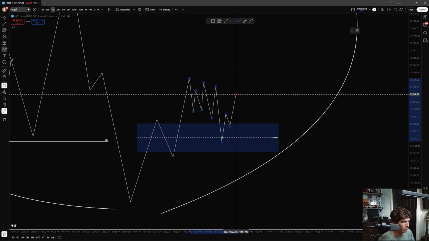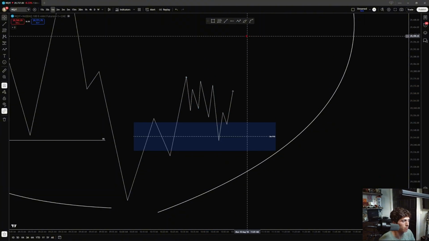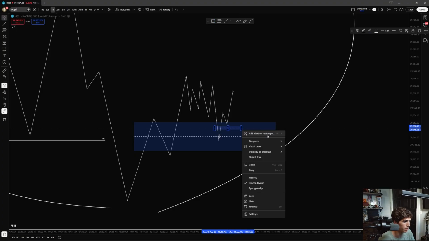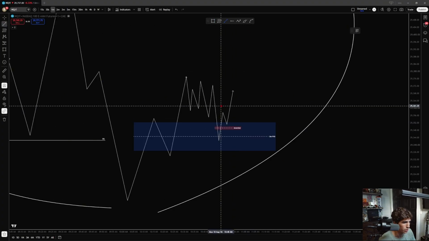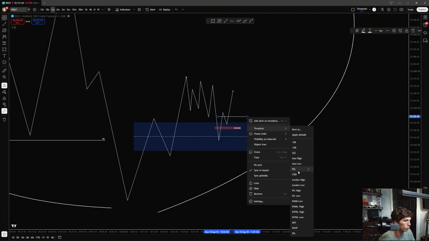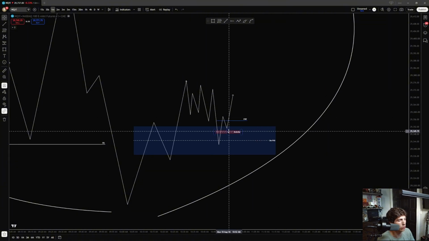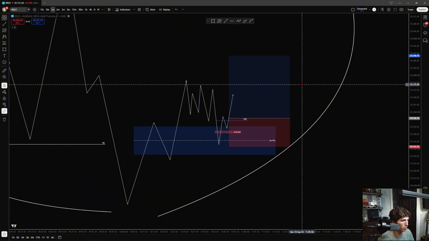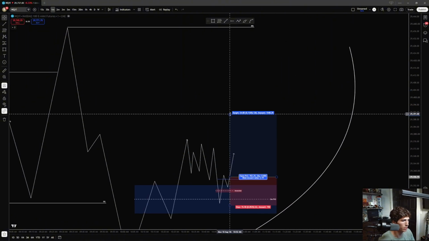So we have this here, and now with this displacement and your internal model, let's say you have an inversion here, change in state, and now you're starting to get displacement out of here. Now you can take your long positions here, stop at the low,